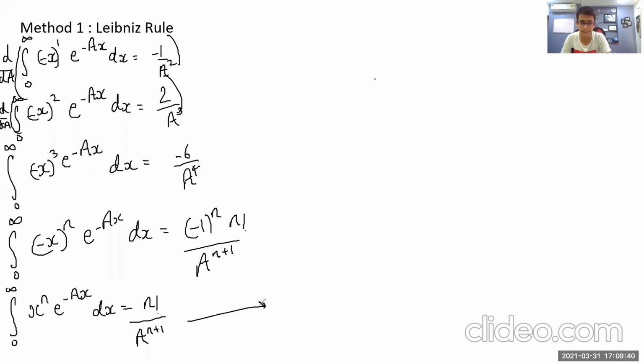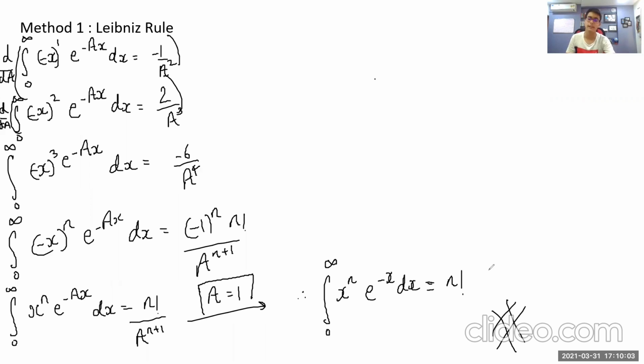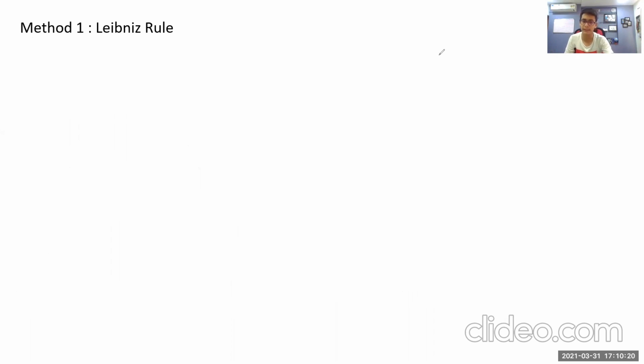So just putting a equal to 1 over here, notice that e to the minus ax just becomes e to the minus x, and therefore we can write that the integral from 0 to infinity of x to the n times e to the minus x dx is just n factorial, and we are done with the first way. So I hope you all understood this. What we basically did was we took a simpler integral, used the Leibniz rule, differentiated it, saw a pattern emerge, and then generalized it and put an appropriate value of a. Alright, so that was method number